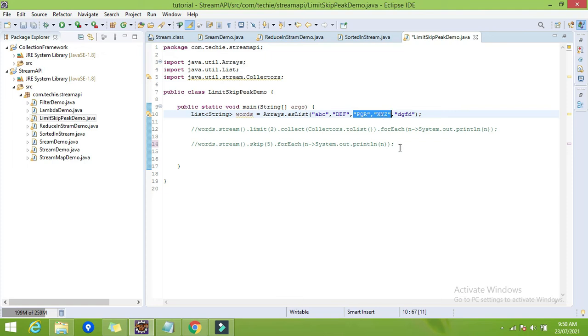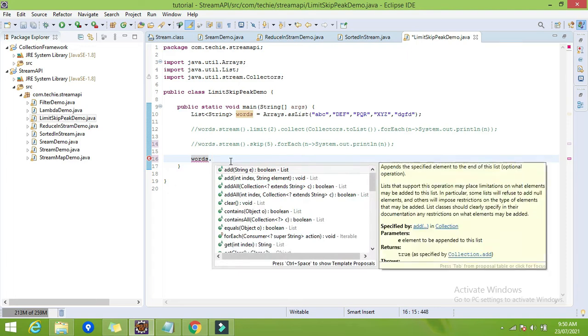So how will we perform this? I want to display only the third and fourth elements, so I will skip the first two elements first, then I will apply a limit of 2. So we can use both in combination.